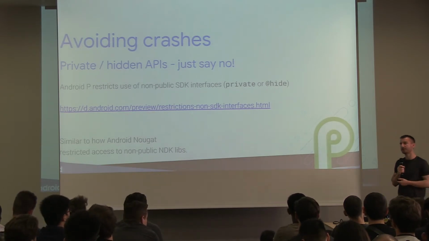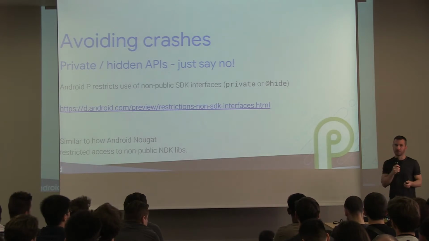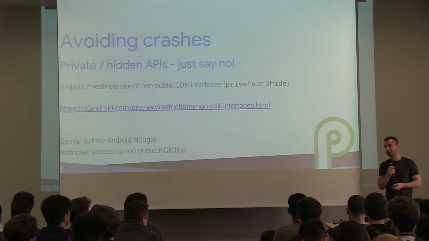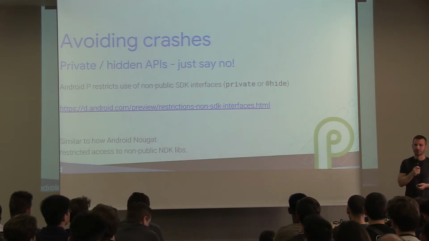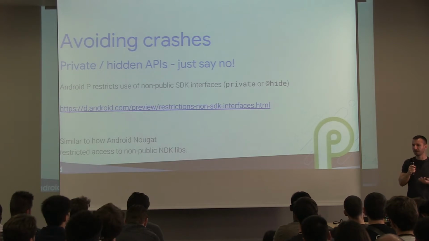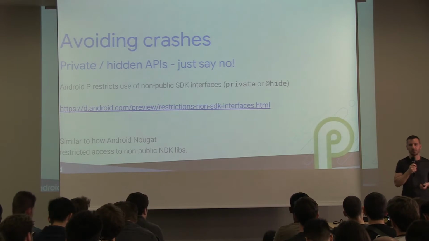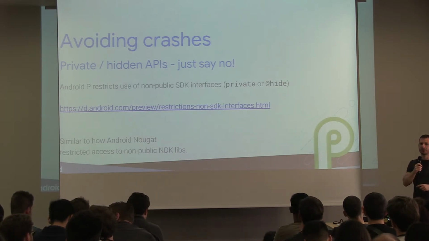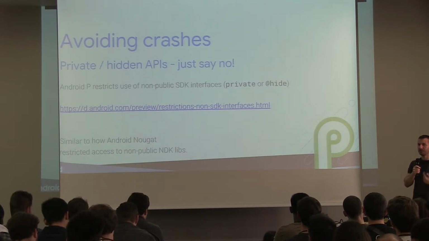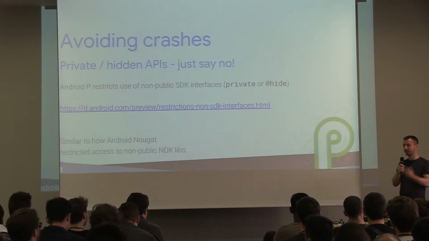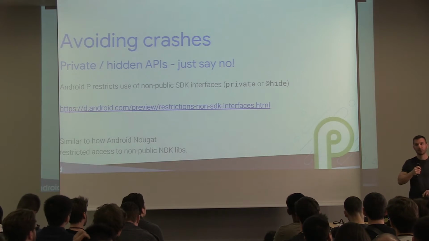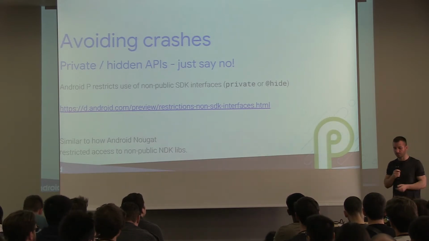There's going to be a blacklist of things that you're never supposed to call, and they will just crash if you try to access them by reflection. And then there will be various gray lists and white lists for APIs that currently just don't have something you can use instead. So even our support libraries or Espresso currently are using some hidden things. And what we want to do is in the future provide public APIs for those things that we deem as necessary for you. And then we will blacklist the private APIs.